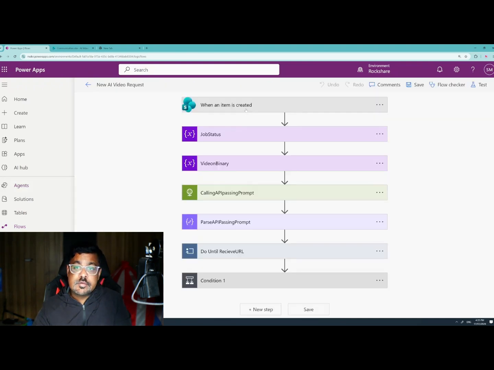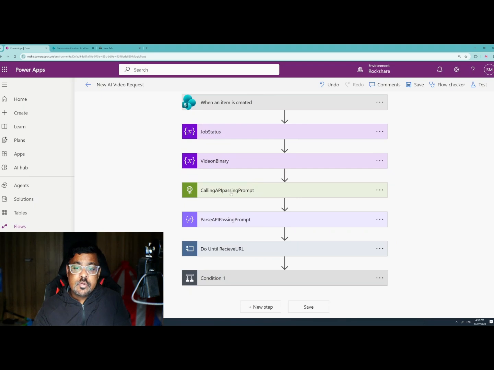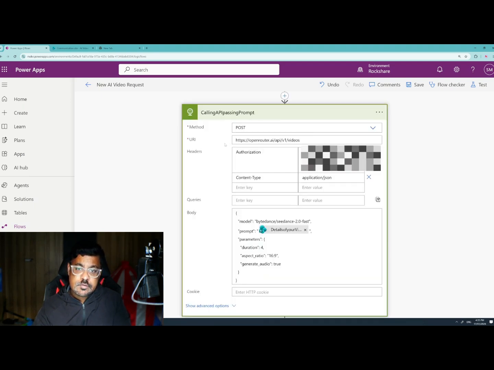I'm triggering it for every item created on our SharePoint site. I have a couple of variables over here. Then I'm calling this HTTP action, and the method is POST. The URL authorization is my bearer key and content type is application/json. Over here I'm providing the model, ByteDance Seedance 2.0 fast, and the prompt is whatever I provided in